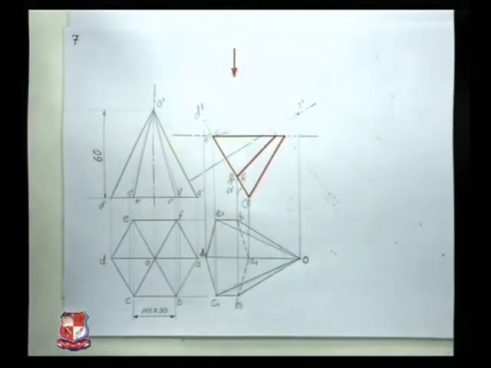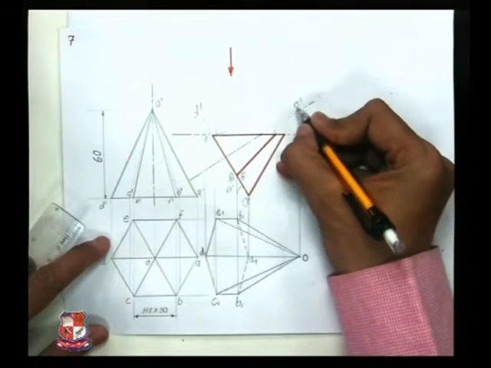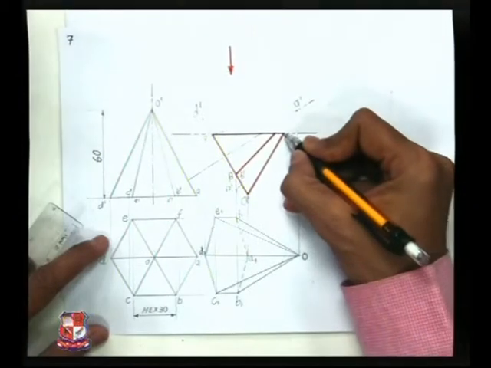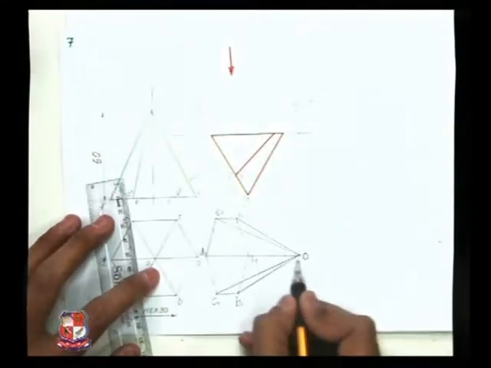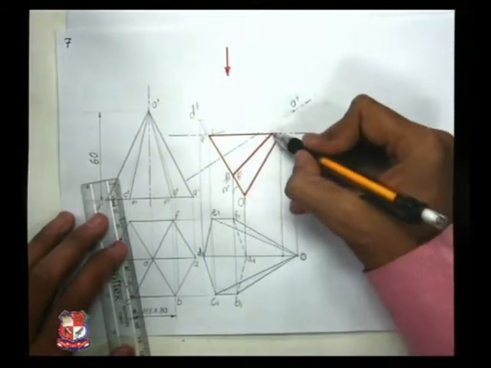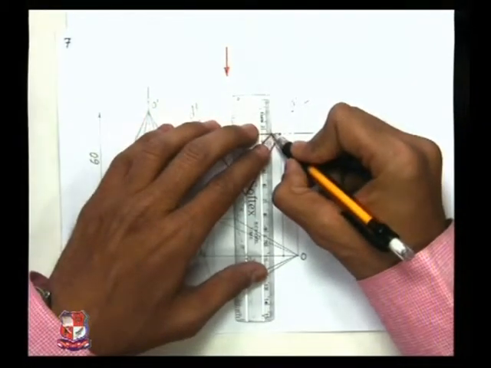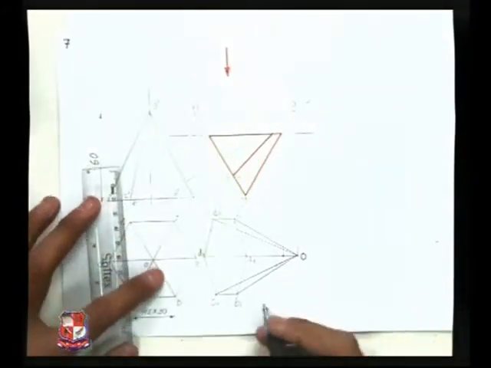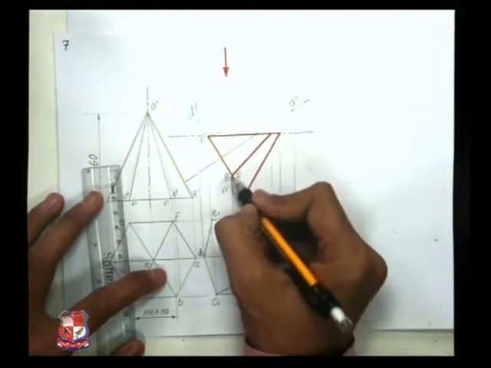So for that, let me pick up the points of intersection between this cutting plane and generators. So first we take O dash A dash as a generator or slant edge, and intersection of this cutting plane and O dash A dash is this point, and from this point draw straight vertical line that will cut OA1 at this point. So this is our first point, right? Point number 2 is somewhere here, intersection of O dash B dash and cutting plane. So this is the point. So from that point draw a straight vertical line that will cut OB at this point and OF at this point, because 2 points are here, OB and OF.